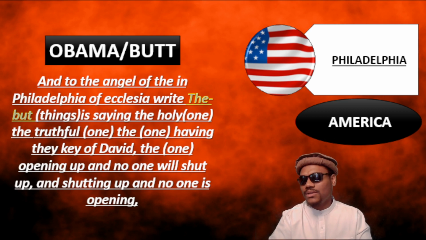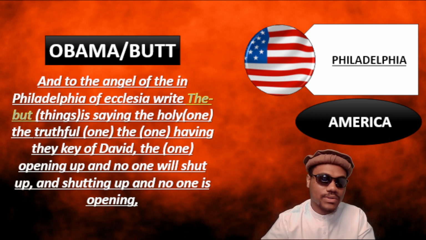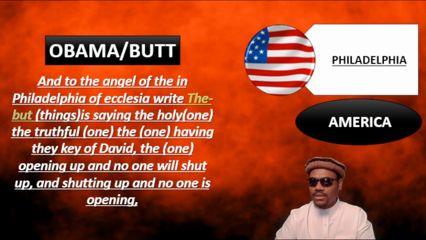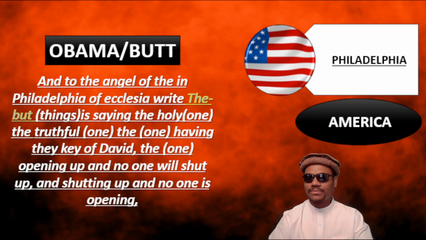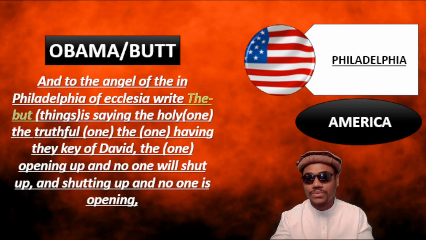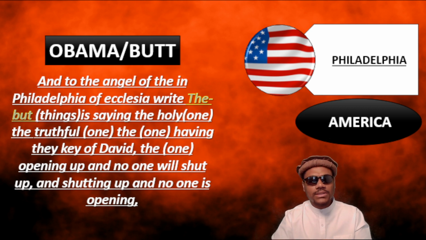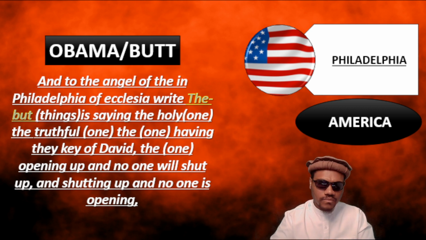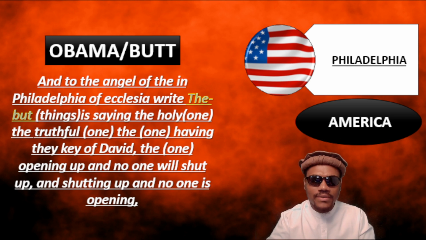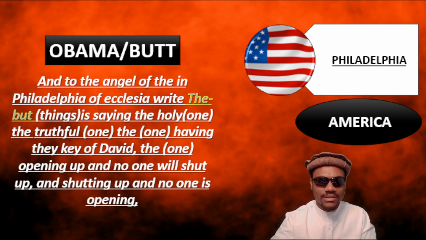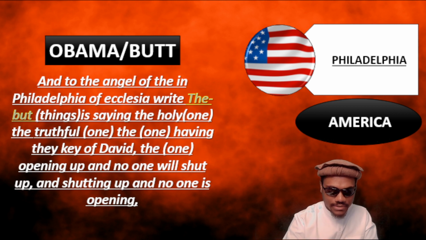And he's speaking to those ones pushing the wrong vision, right? And he's speaking to the Nation of Islam. You know what I'm saying? God's children, right? He's speaking to the Nation of Islam. So God's nation. So what is Obama saying to them? He's saying, and to the angel in Philadelphia of Ecclesia, write the but things is saying, the holy one, the truthful one, the one having